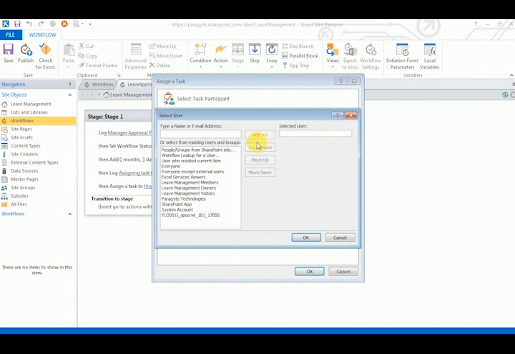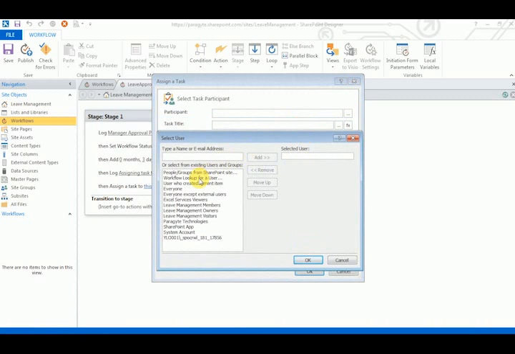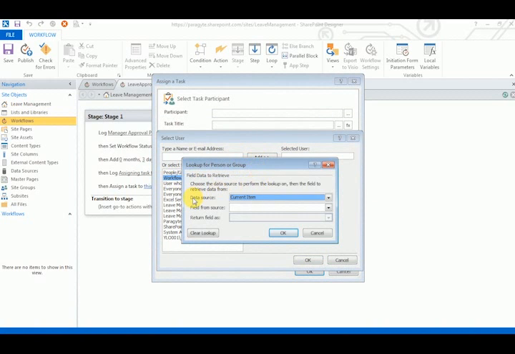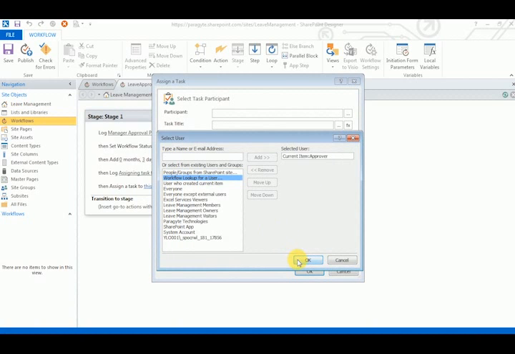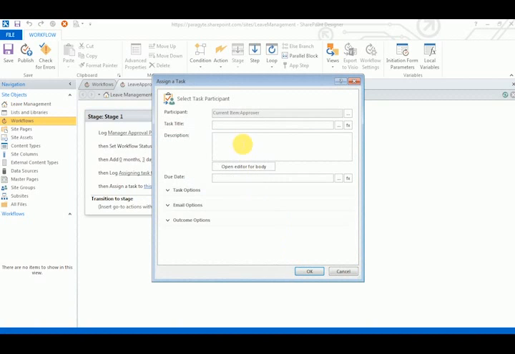Let's select user, click on workflow lookup for a user and click on add. What we want is, from our current item, the approver, and keep return field as login name and click on OK. So this task will be assigned to the approver,